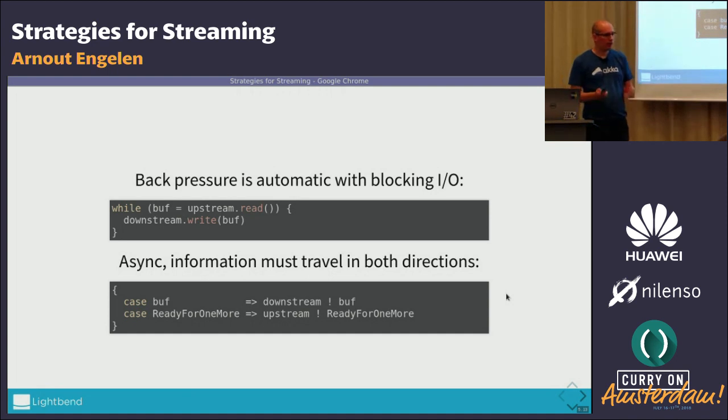So you can think of more complicated stages that can still, by controlling how much ready for one more messages, this is of course pseudocode, it sends upstream, they control the end-to-end stream and make sure we avoid overloading ourselves.